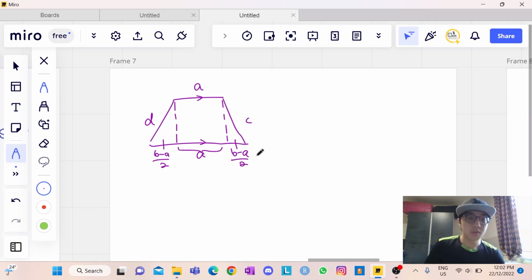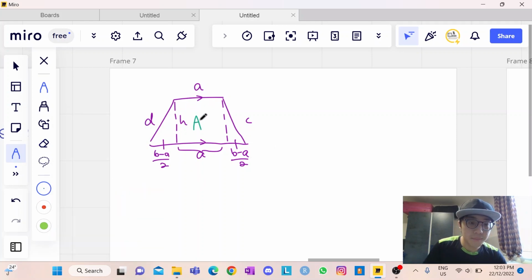Alright, that makes sense, right? Because (B minus A) divided by 2, when these two places add up, is B minus A, plus this is A, and it equals B. So from this part here, if we write an H here, this is H. If we are to calculate the area,